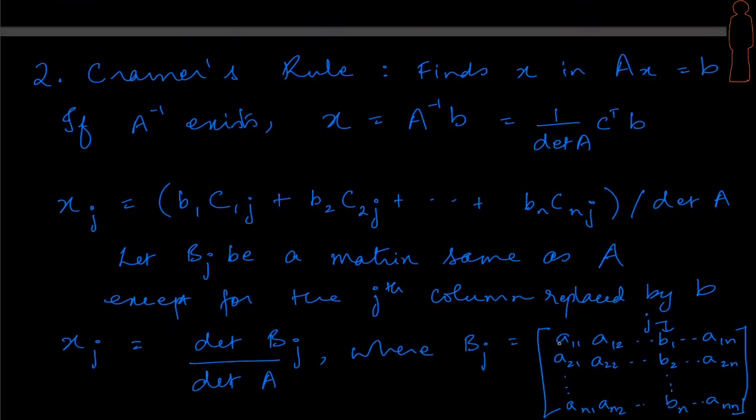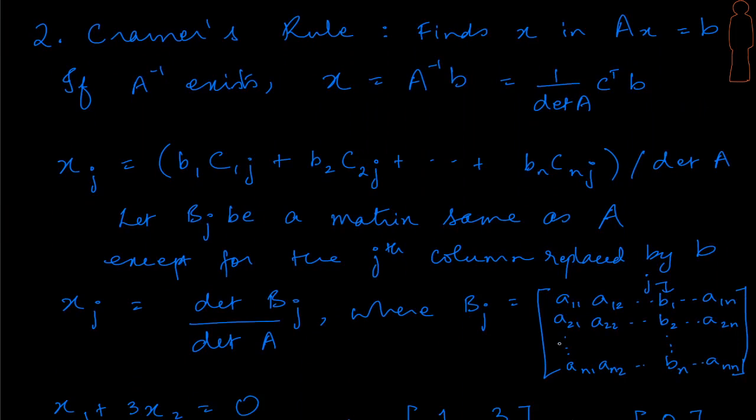This is another interesting formula that we would have learnt earlier called Cramer's rule. Cramer's rule is very helpful in finding the x in Ax equal to B, right? We would have done this using traditional elimination techniques, but there is also another formula where we can use Cramer's rule and find the x directly instead of doing elimination. Okay, so let's figure out how we are able to find Cramer's rule, and what that rule really says.